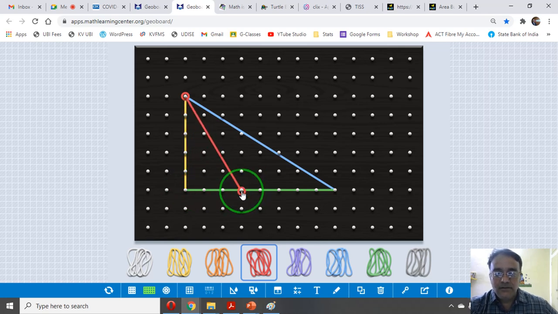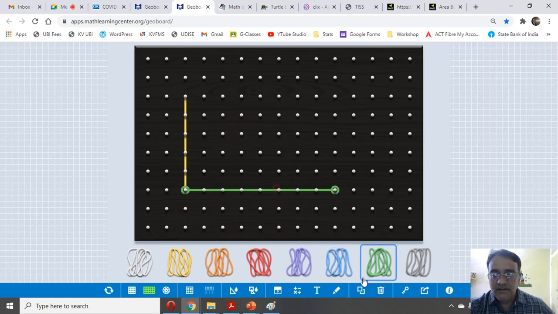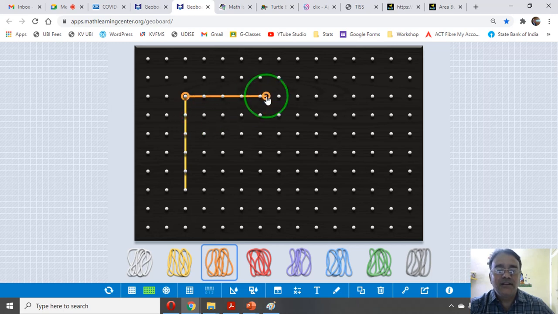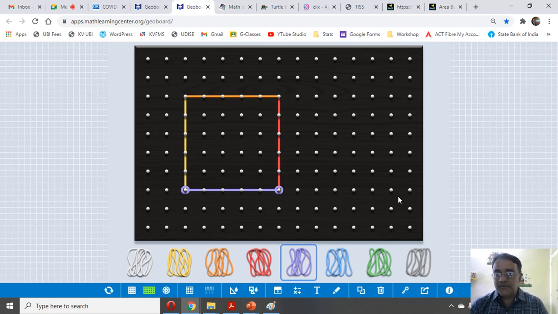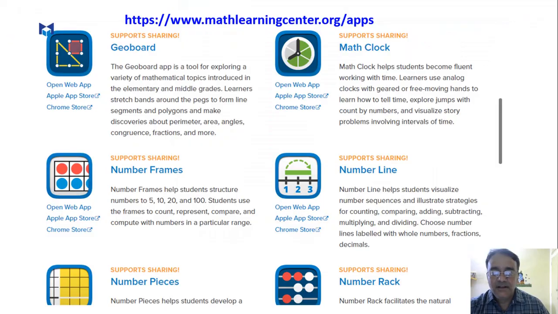Okay, so this is one of the digital models, and you can also use this digital model to explain different shapes. For example, I'm going to draw one simple square. So like that you can take up different types of shapes. We can even use it for similar triangles, some activities also. Okay, so now we'll move towards another